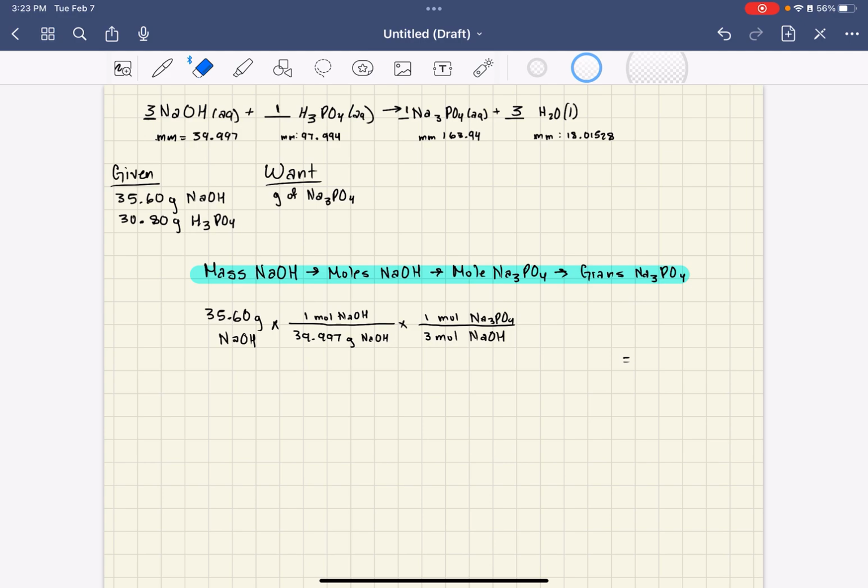And also take note that we have to respect our sig figs. So here we are given 4 sig figs in the beginning, and that's going to be the amount of sig figs that we're going to be using for our results. So in this case, we will be given 0.2967 moles of Na3PO4. Okay, but let's move on with